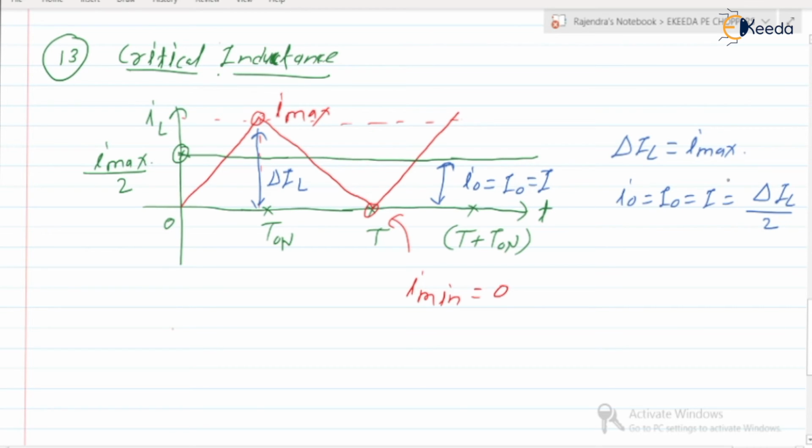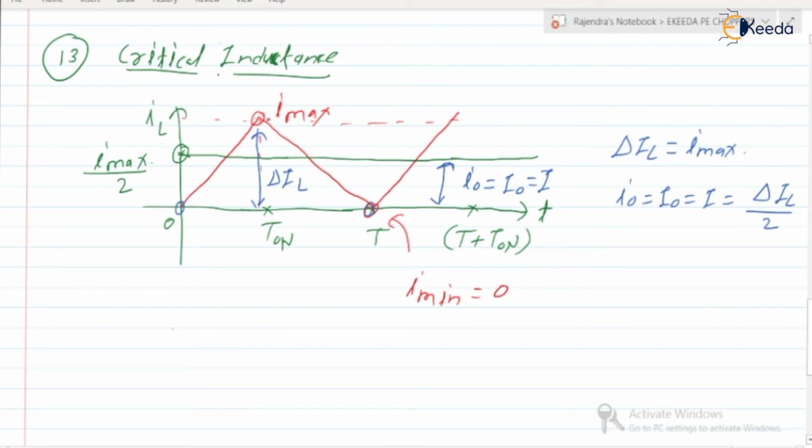Critical inductance means what? The value of the inductance at which the inductor current is just continuous, right? Just continuous means it is starting from 0, it reaches the maximum value during the on time, right? And when it switches to the off state, inductor current further reaches the 0 value, and when it reaches the 0 value, at the same instant the next cycle is turning on, right? Are you getting the point? Or the next switching instant is there. So that's why again the inductor stores the energy. So IL is changing from 0 to Imax, and again changing from Imax to 0. It is not going from Imin to Imax in any other way; it is changing in this way. This is nothing but the critical inductance.